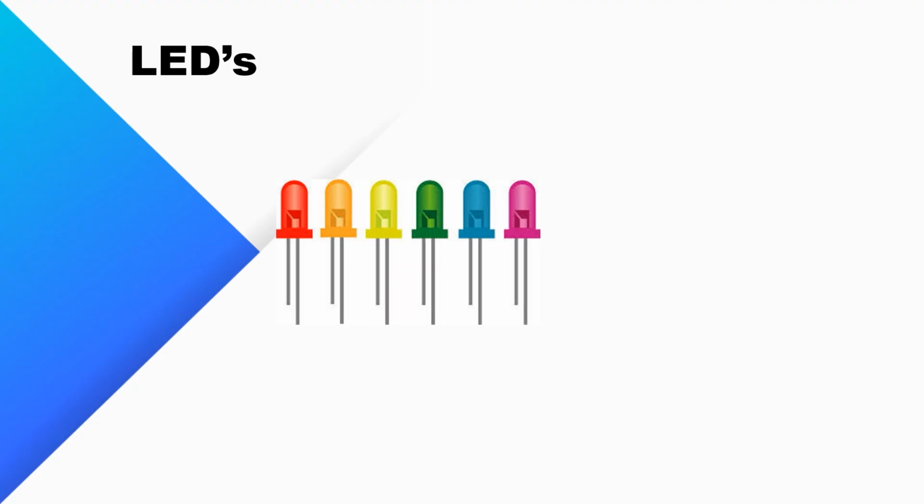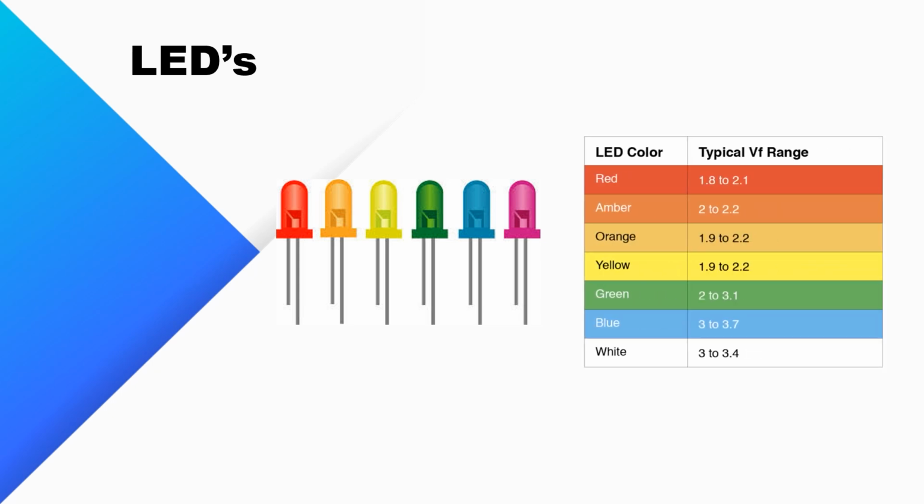LEDs are commonly used in various electronic devices, but they need a specific current to operate safely. The LEDs come in different colors and their operating voltage depends on the color of the LED. As you can see in the table, red LED has minimum operating voltage while blue and white LEDs require higher operating voltages. The standard current for LED is 20 mA, but higher brightness LEDs require more current to glow